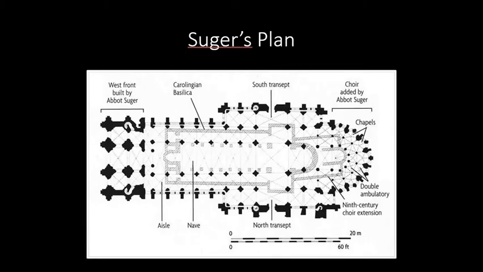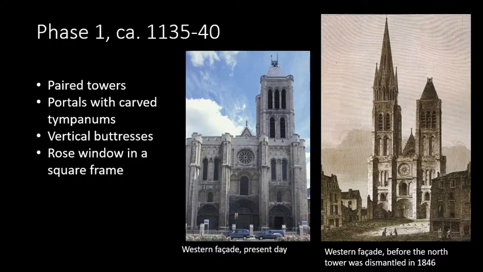But after some years, he felt ready to begin. Here's the plan to update the old church. You can see the footprint of the old Carolingian church right here, of which much was replaced by Suger's projects. Running from about 1135 to 1140, Abbot Suger began his reconstruction of the monastery, or rather of the church. The first phase was the